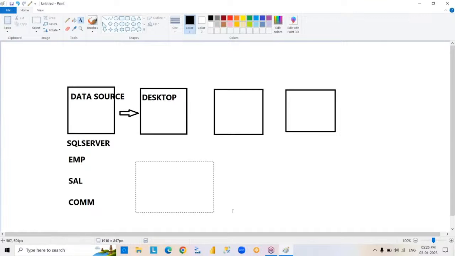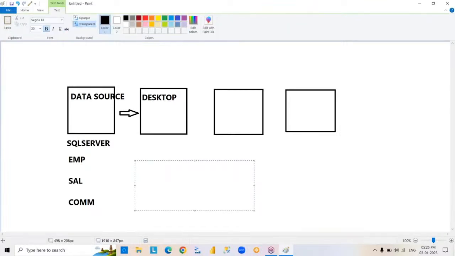Now you want to create a report, and in that report you want to go for total salary. What is total salary? Salary plus commission comes under total salary. That is the meaning, right? You have salary and commission, so what is the meaning of total salary? Salary plus commission. In this scenario,